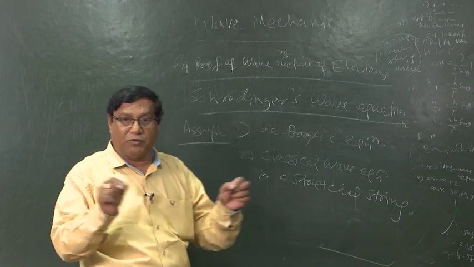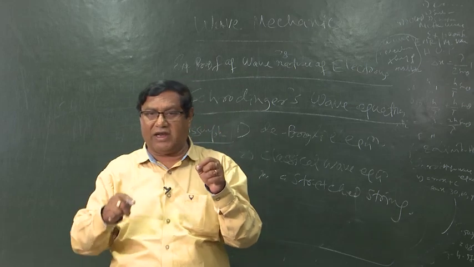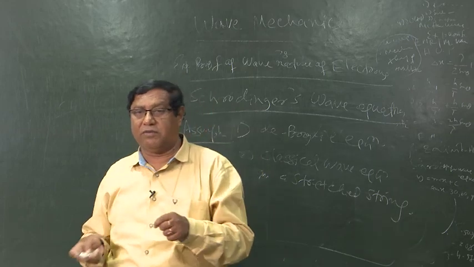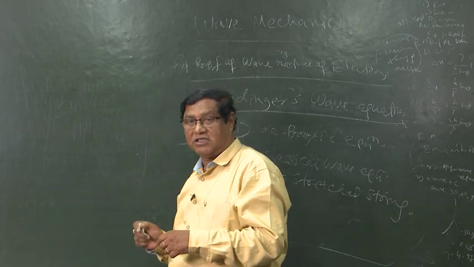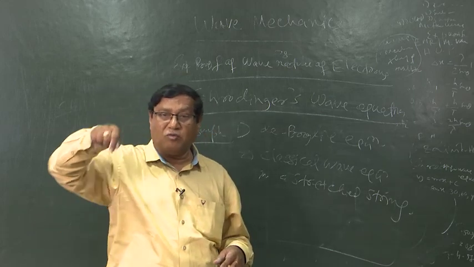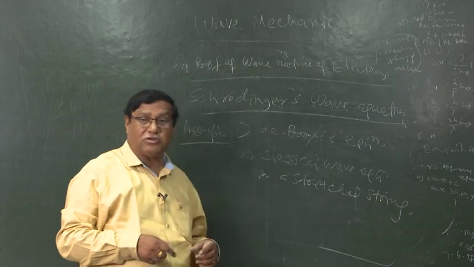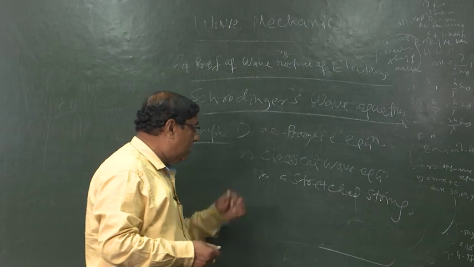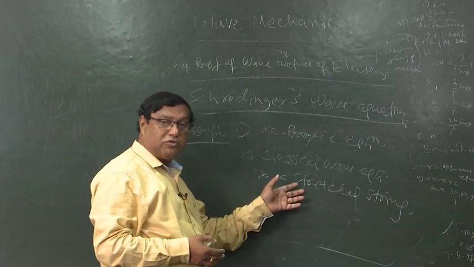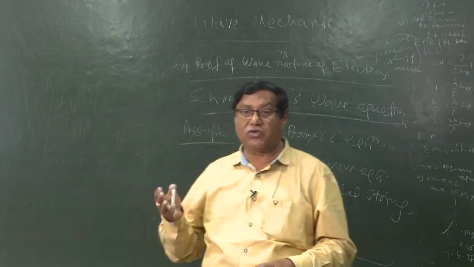That means you take a string and tie it at one end and give a disturbance at the other end, so it will produce a wave. That wave is called a wave in a stretched string. Or you drop a stone into a pond, and we see circular waves moving around that spot. These are also known as classical waves. So these are similar to the stretched string. By taking this equation in a stretched string, we can derive the Schrodinger's wave